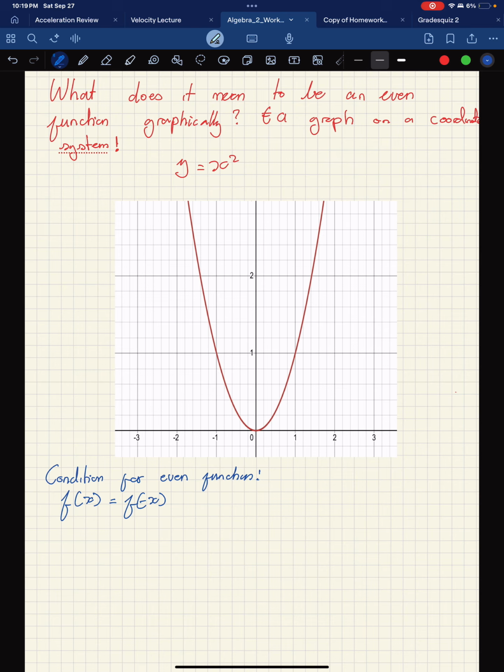here we have a function which has this formula. So this is what this function looks like. Don't worry, you don't need to know what it looked like yet. But for now, just believe what I say. Most of you know this is a parabola, and I'm telling you that it's an even function. So when I have a graph like this on my coordinate system, and this is, of course, my y, and this is my x,